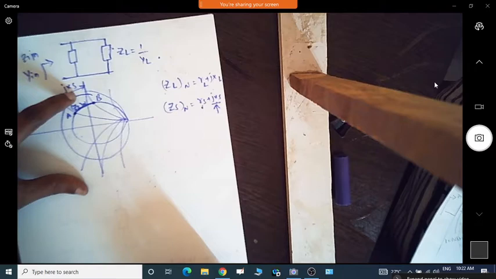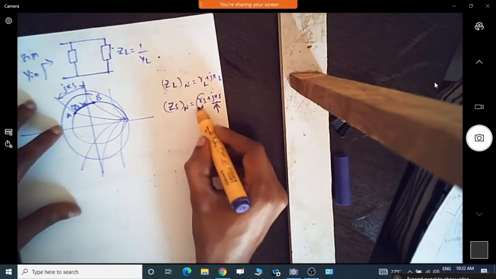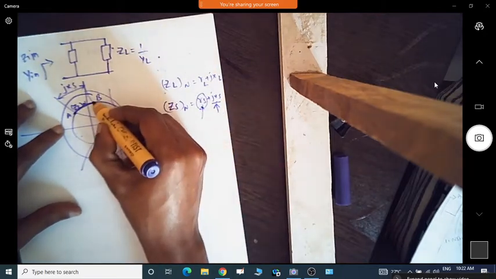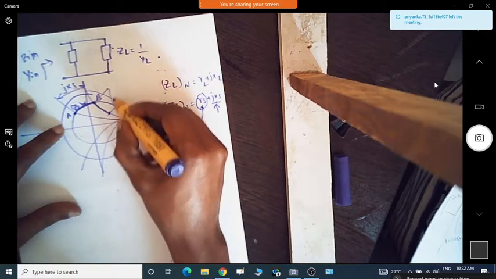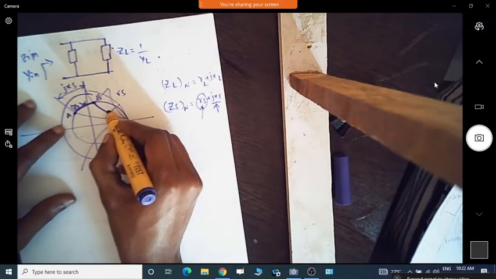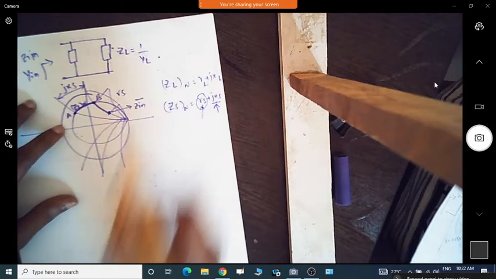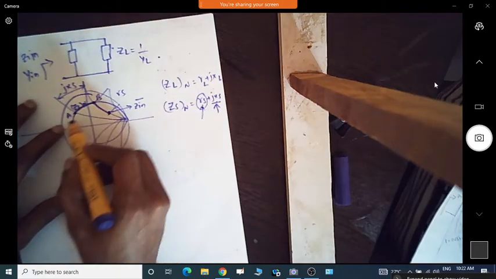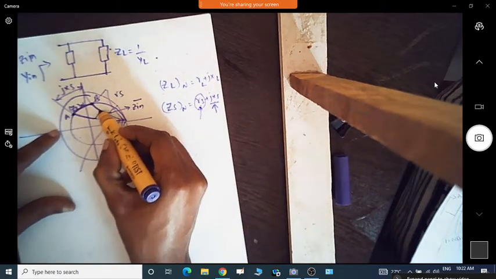Now after adding the reactance, move this much resistance value on the reactance circle, so we are adding this much resistance Rs. Now this is your input impedance point, the normalized one. Or we can do it at this point, so we can add the Rs first, then add the reactance. So this is another method.